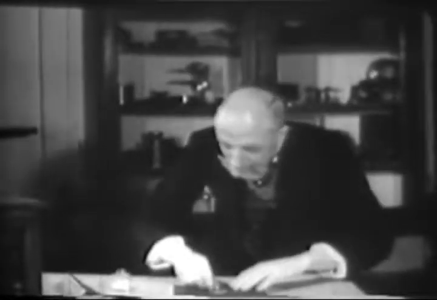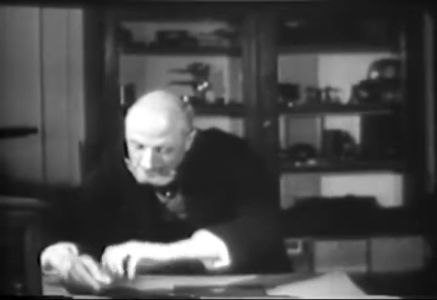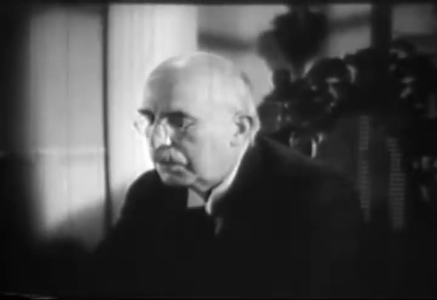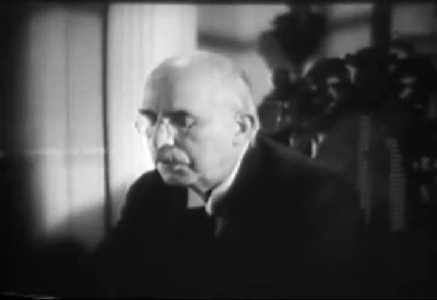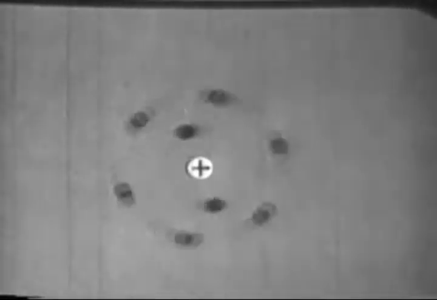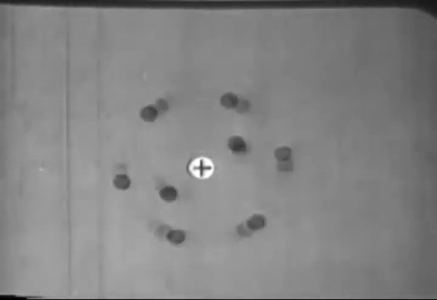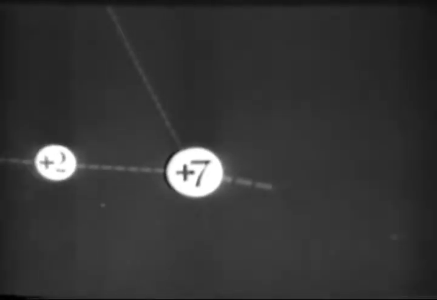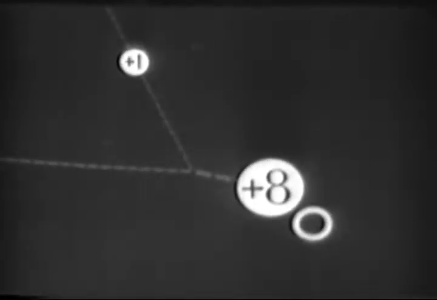The study of radioactivity, first investigated by Becquerel and then by the Curies, led Lord Rutherford to make the greatest single advance in atomic theory. He pictured a small heavy nucleus in the atom round which the electrons revolved. In 1919, Rutherford discovered how to change one element to another by bombardment with alpha particles. He suggested that the nucleus of the atom might contain protons and uncharged particles of about the same mass.